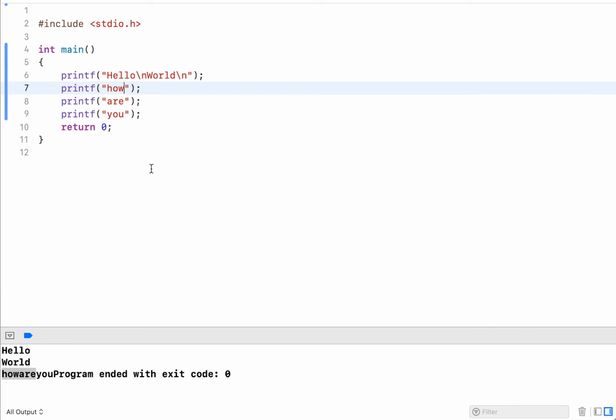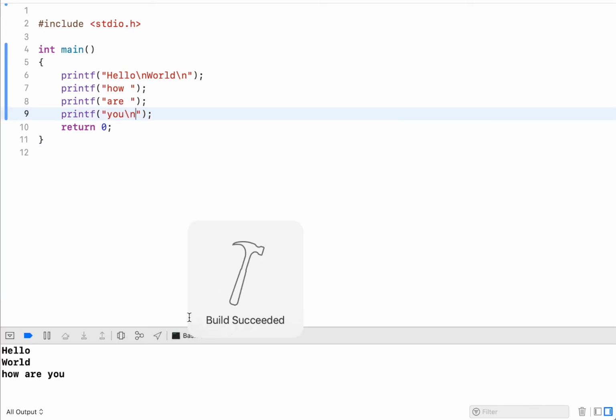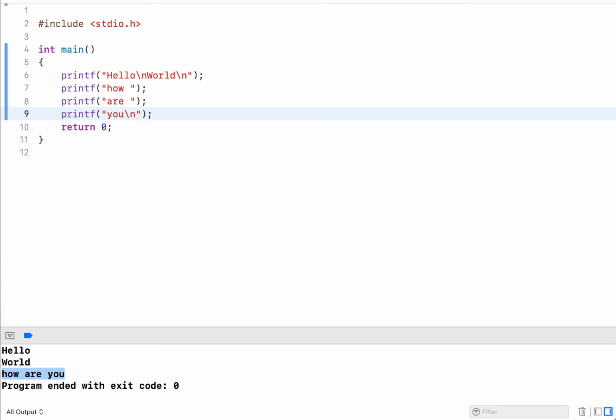If I want to have a space, I have to hit the space bar in between. When I run this again, now you can see it entered a space here. If I want to add a space here as well, and let's say a line break at the end, now you can see this is more readable, how are you? But the point here is that we can write text in a computer that gets output in multiple lines with a single statement, or we can output text with 3 separate statements that appears as a single line on the console.